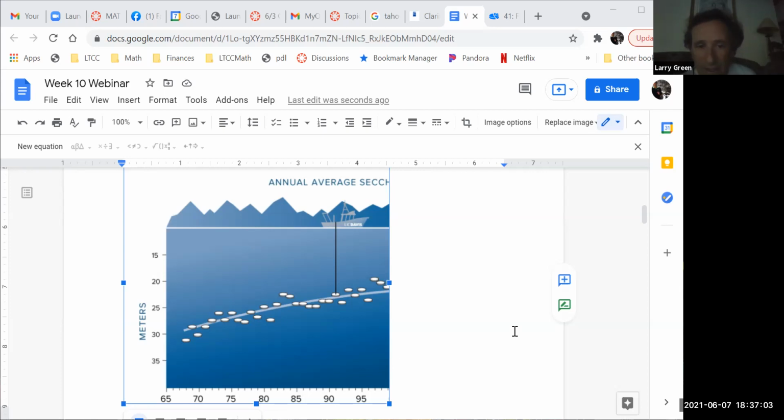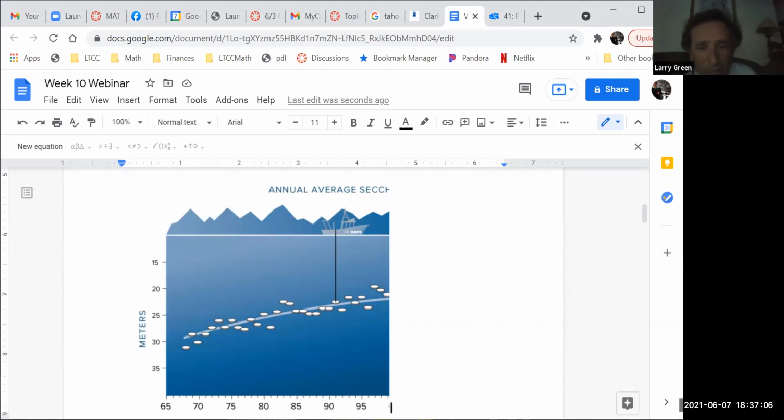Okay, so here is the data. And by the way, 70, for example, means the year 1970. And 25 is 25 meters. What they do is they bring a Secchi dish, which is literally what it sounds like. It's just a little white plate. They lower it down from a boat till they can't see it, and then they measure how far it went down. They do that every year 31 times, average it out, and then create this scatter plot. Any questions on this?